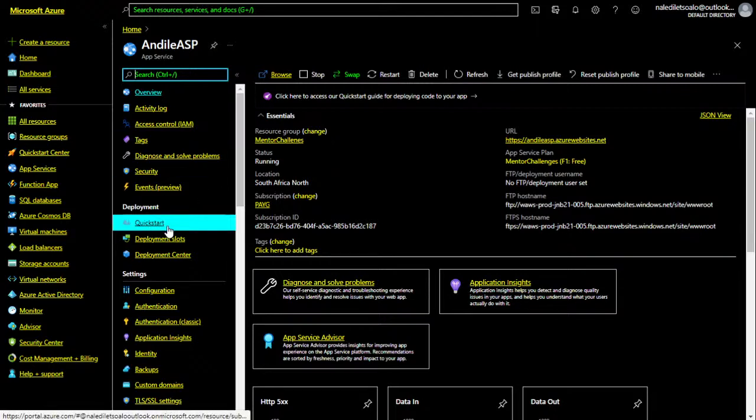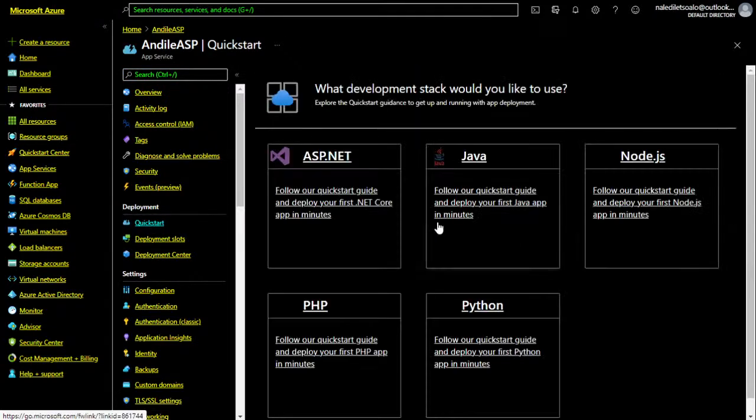So you can go to the quick start, deployment slots. If you go to the quick start, this is where you would then get some insight as to, okay, how do I deploy my website? So you can follow the quick start guide. The documentation is pretty detailed, but it doesn't necessarily give you just a simple website, right? Well, it actually gives you a simple website, but it doesn't give you any further details about how to actually change and do all of those other things in there, right? So we're going to go through some of these in a little bit of detail.